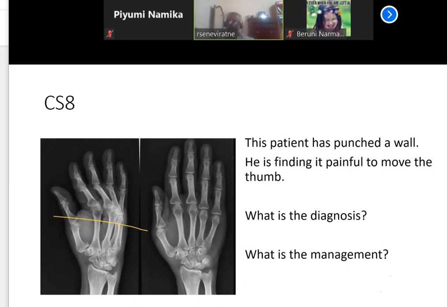Okay, right. So we'll meet next week also. Excuse me, sir. Yeah. So is there a recommended textbook or some reference for us to check this? Because Bailey and Love doesn't give